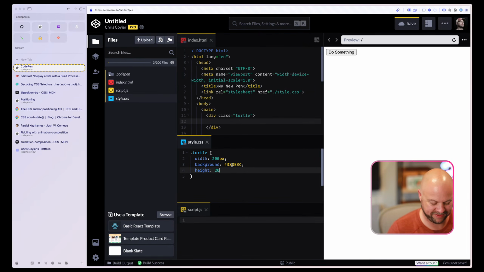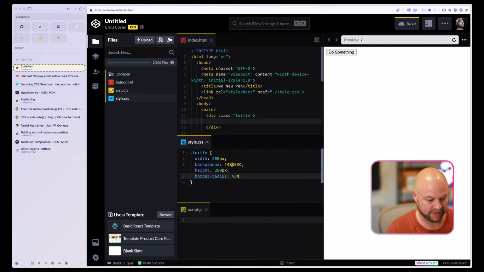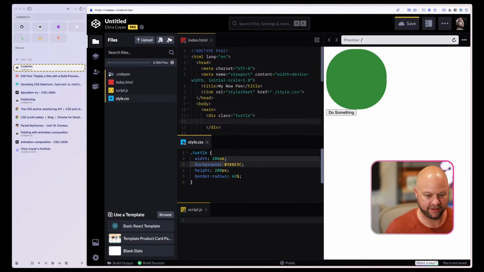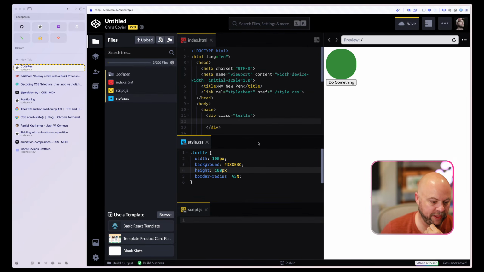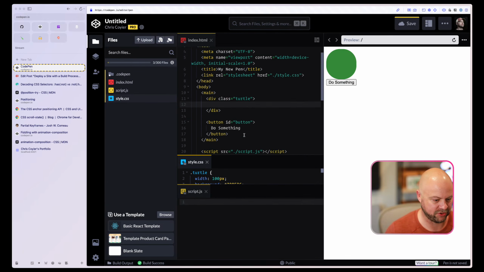Our turtles. We'll just make it round, I guess. An almost circle. All right. Where's my turtle? There we go. You're a little too enormous when I'm zoomed in. All right. And now do something. Let's say that it's got a transition on it of a second. And then if we click that button,